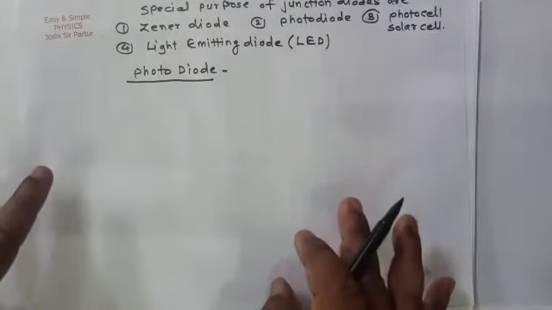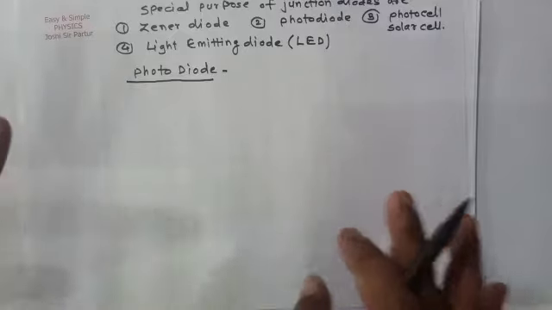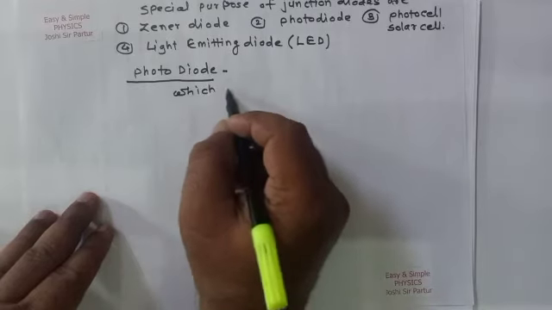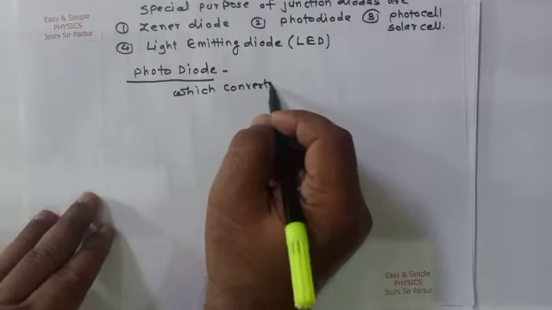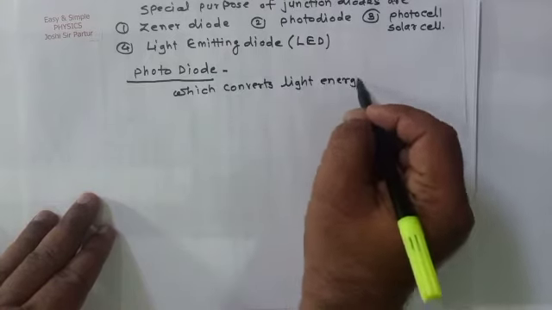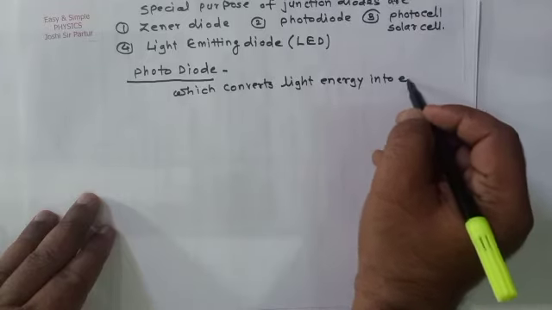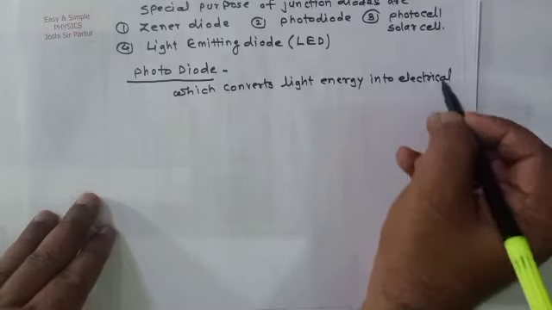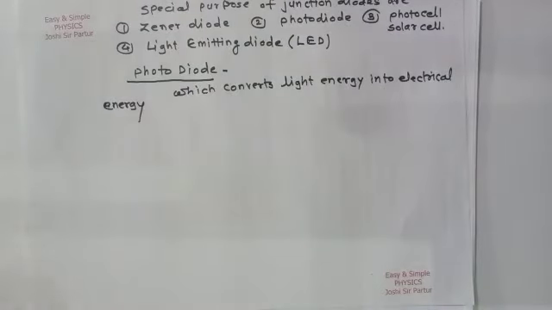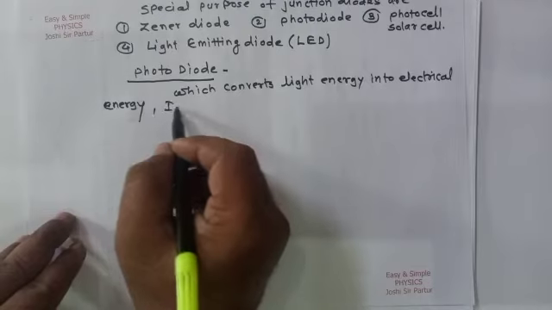It is a special purpose junction diode or special type of p-n junction diode which converts light energy into electrical energy. Conversion of light energy into electrical energy, it generates